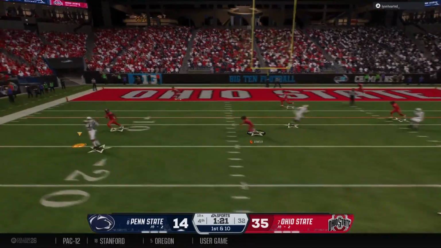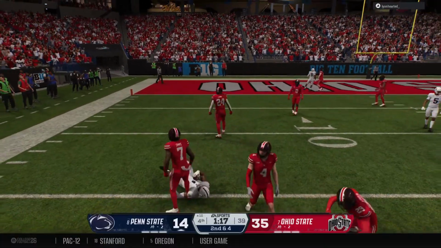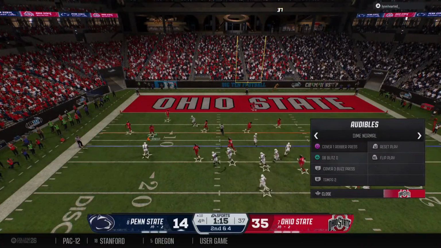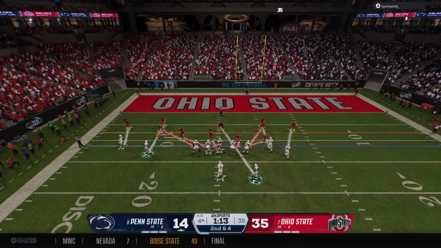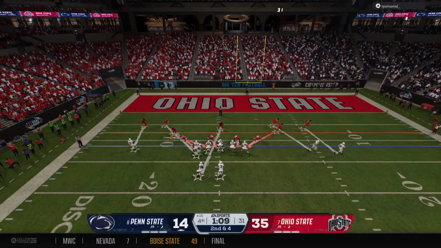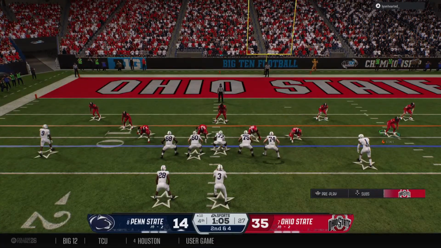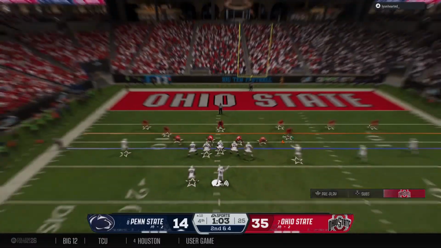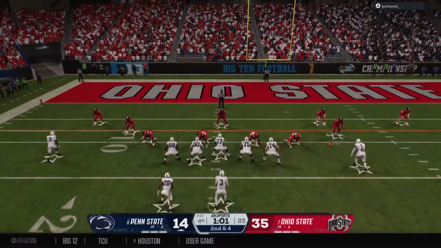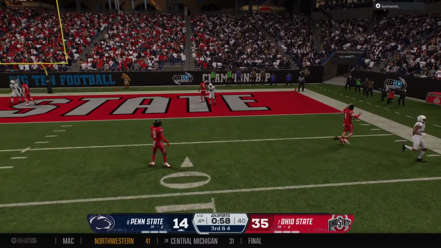Snapping it from the red zone now, looking to throw. It's a quick grab. Breaks one tackle, gets brought down, but picks up some decent yardage. The Nittany Lions will hustle to the line to crank the tempo. Second down, we're going to throw it. But they don't make the connection.